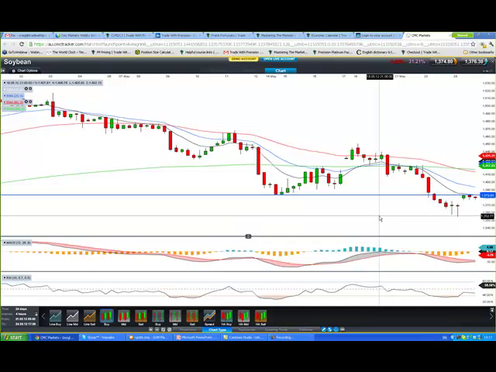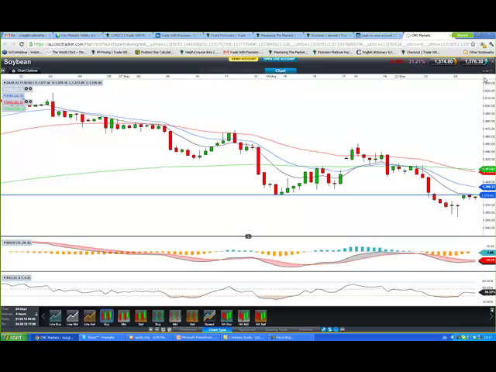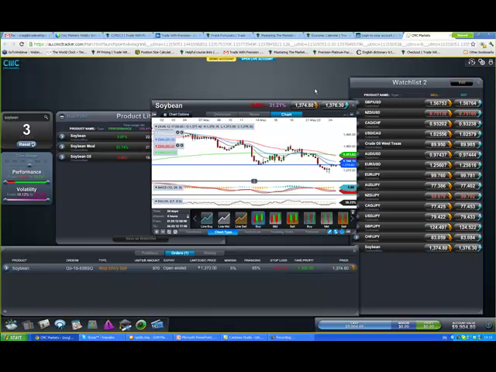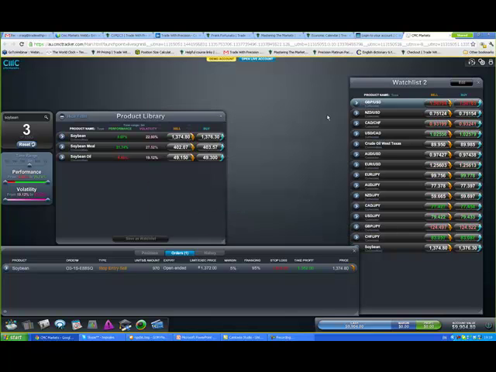We're going to be getting out down at this level here, so pretty much at the old lows, which is just great. I think it's a cracker for a 1-to-1. I think that looks really good. So that's not all we're going to be doing this evening. We're going to have a look a bit more around the market.